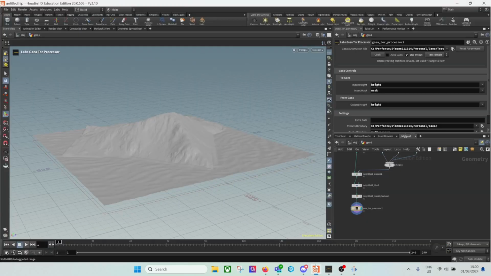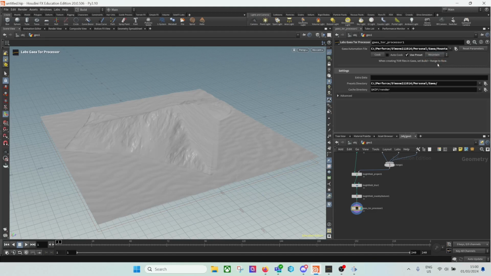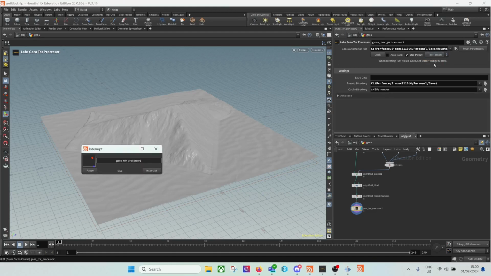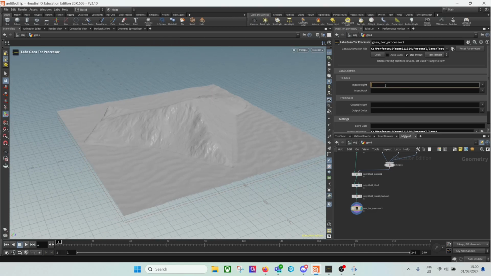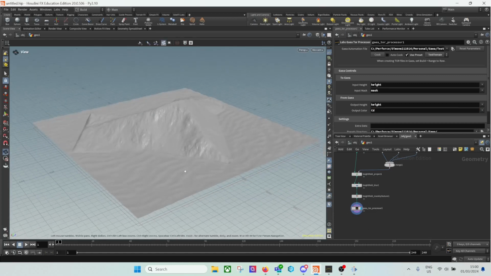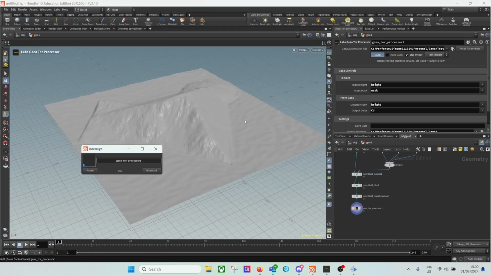And if we now go back to Houdini, and we switch out to test terrain, you can see there's another output now. So we're going to put in height, mask, height, and then in color, we're going to put CD. So this will then transfer the color maps that we created in Gaea to this Houdini scene. So if we then hit cook,